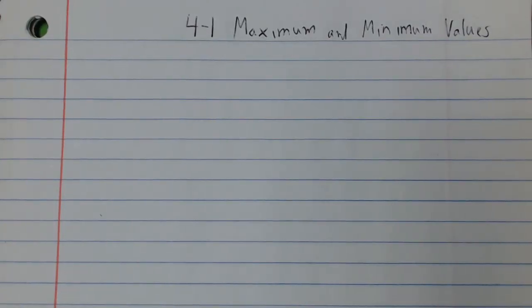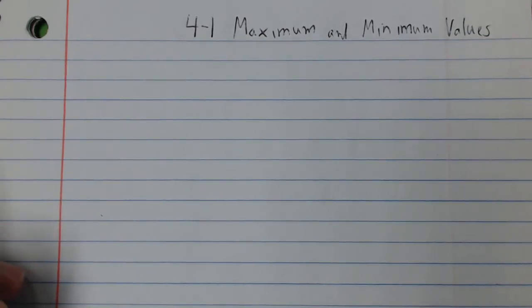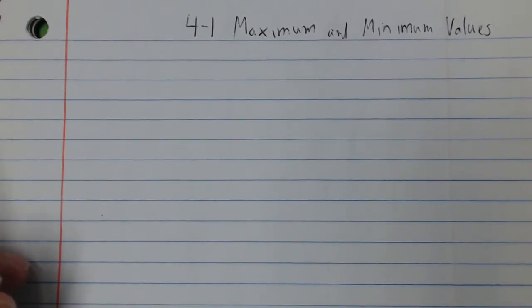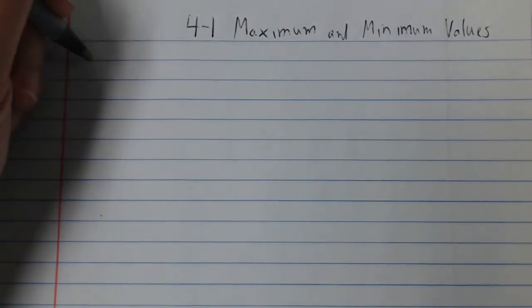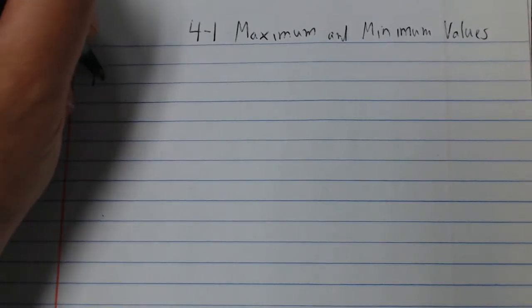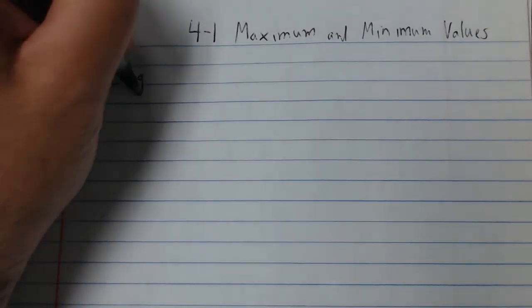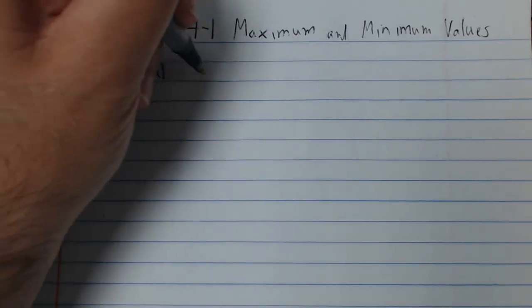Okay, so today we're going to talk about finding maximum and minimum values of certain functions. And of course, this is going to be a big theme in this entire chapter. So today we're going to start with a bunch of introductory stuff, defining a bunch of things, and then later on in this chapter, we're going to find other ways of maximizing and minimizing certain situations. Okay, so just to quickly summarize what we're going to be doing in this chapter, the goal of this chapter